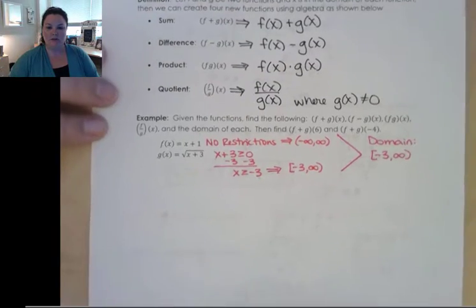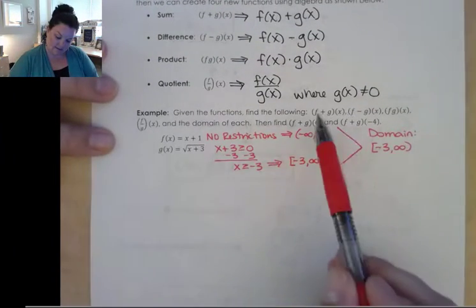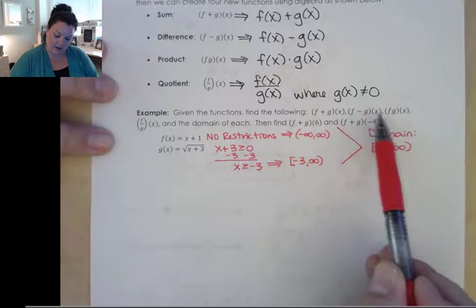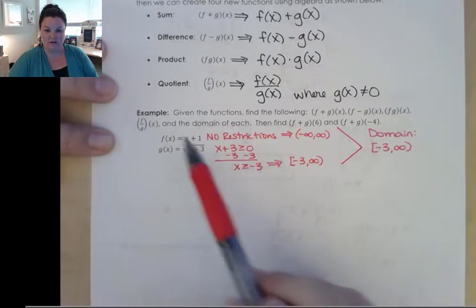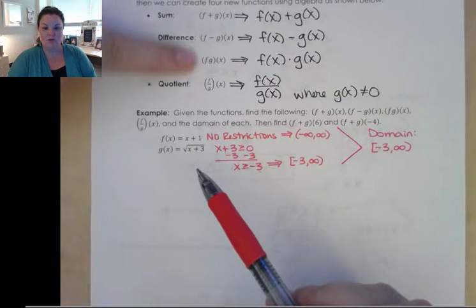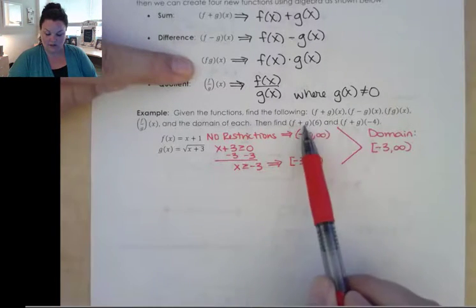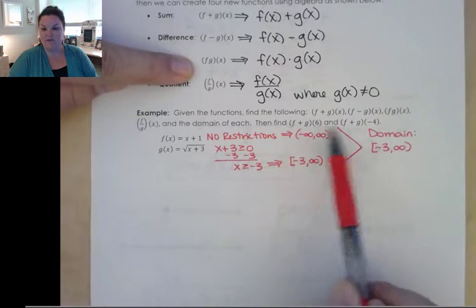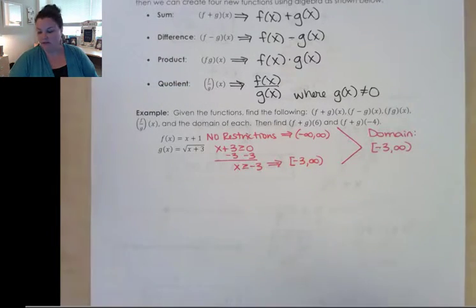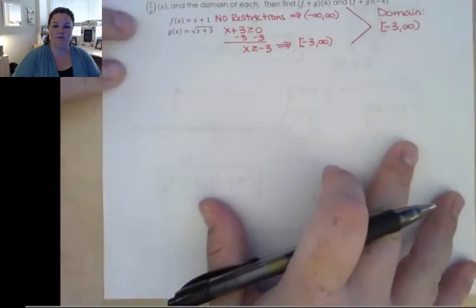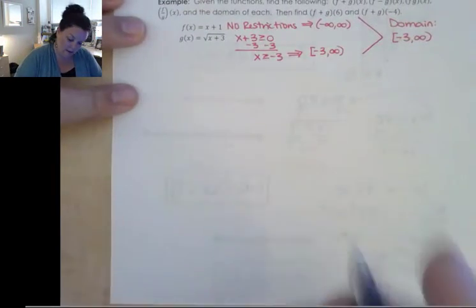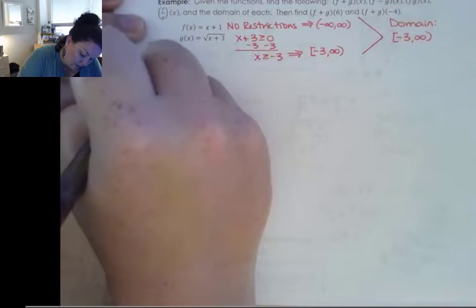Okay, so let's go ahead, and this is asking us to find f plus g of x, f minus g of x, f times g of x, and f over g of x. So we're finding all 4 new functions, and then we're also going to evaluate the sum function at a couple of values. Okay, so let's look at finding these new functions. So I'm going to move my paper up here. So when we look for f plus g